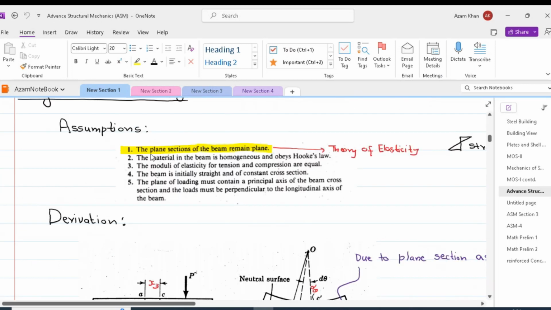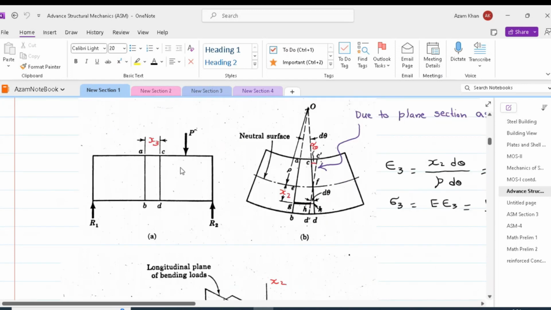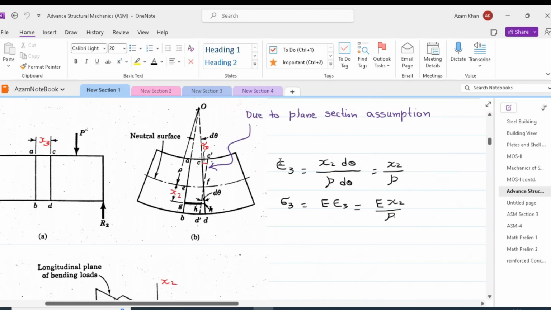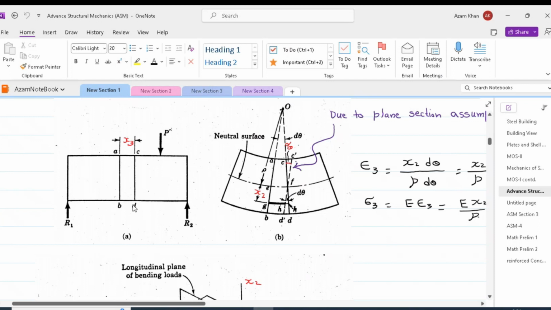So the concept of plane sections of the beam remaining plane enabled us to determine the axial stress in the Euler-Bernoulli beam theory. In Euler-Bernoulli beam theory, we said that if we consider two vertical fibers which are very close to one another, and before deformation they are perpendicular to the centroidal axis, after application of the load and